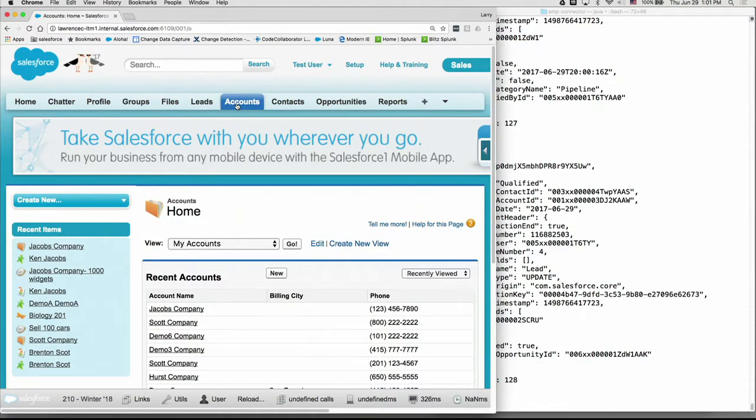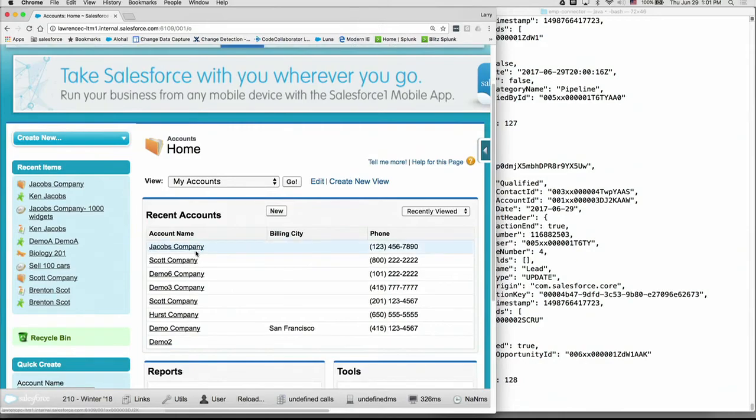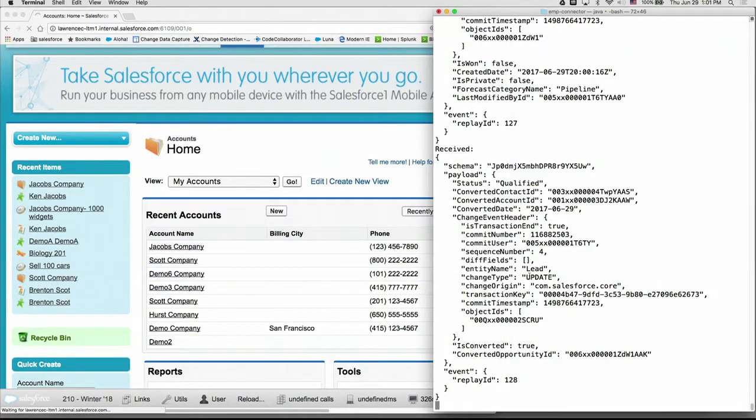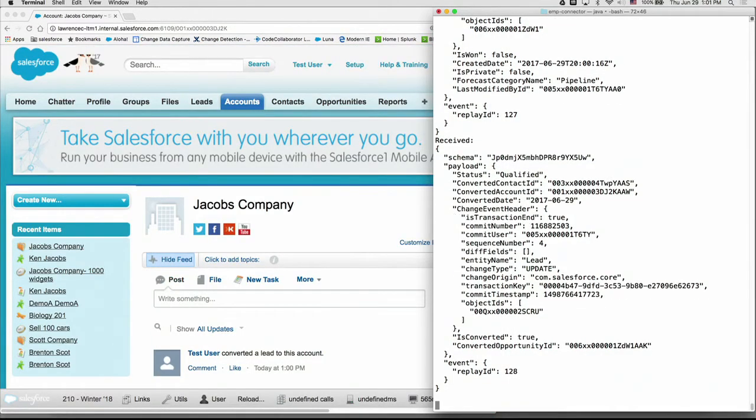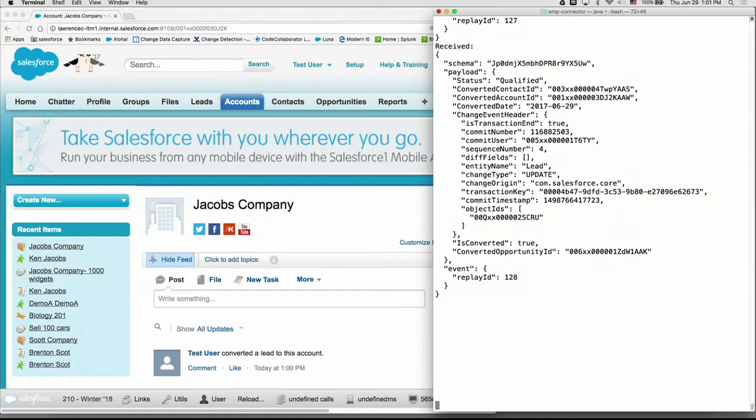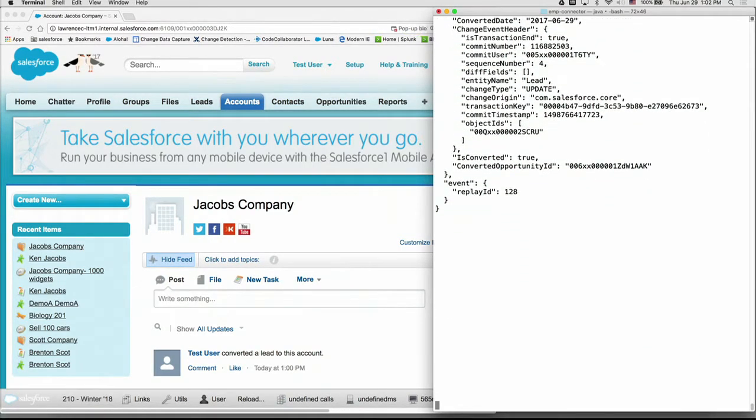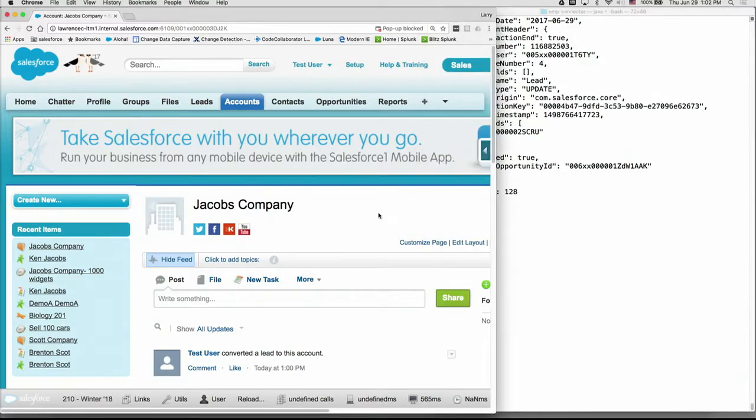One of the things that was hidden there that was really interesting is also the way we do our ordering. This is very important. We need to make sure that we're delivering events to you in the order that they occurred, especially if they're occurring through different users, at different times, through different APIs or through the UI. While the change happened very quickly there, we actually have an asynchronous process that runs. There is a delay where we order and reorder everything inside of those transaction boundaries,